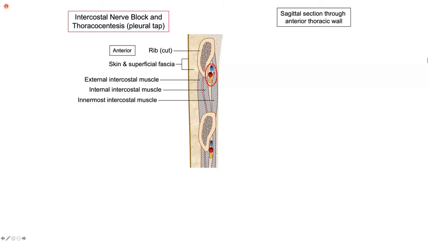Now I have highlighted this area. Let's say I have to do some procedure within this space. I have two options. First, I admit the patient, take him to the OR, and give general anesthesia. It's a big, long story. But if I have to do a small procedure, I can just block this nerve with a local anesthetic agent, and this area will go to sleep.